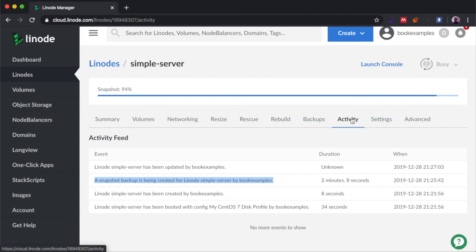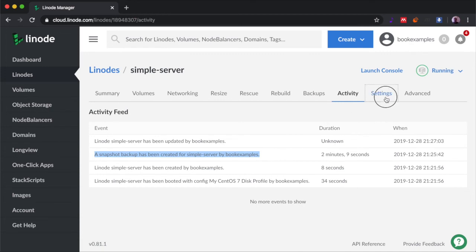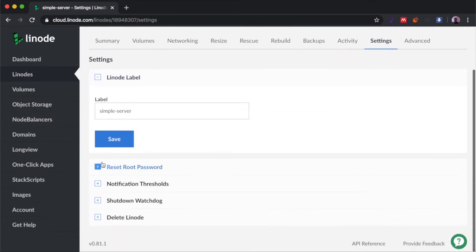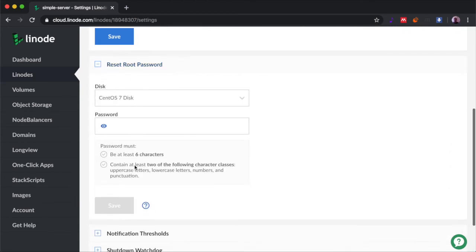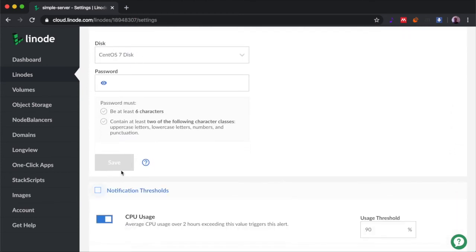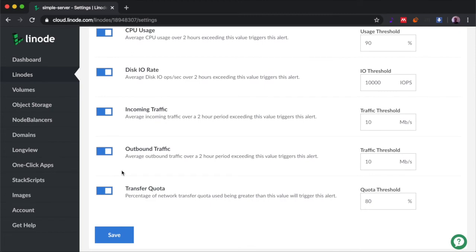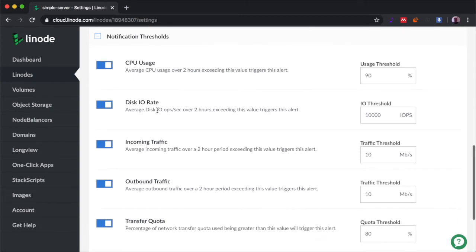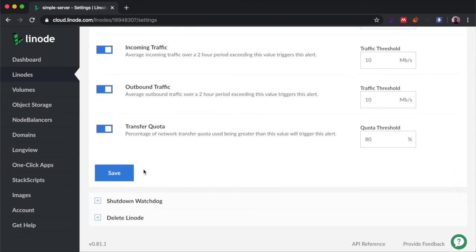So then under settings, we have our basics. You have what it's called. We can change the root password. We can set our notification settings. So this will say, hey, look, notify us if our CPU gets pegged really hot, really heavily, or email us if our disk usage just spikes way up. So you can have these different